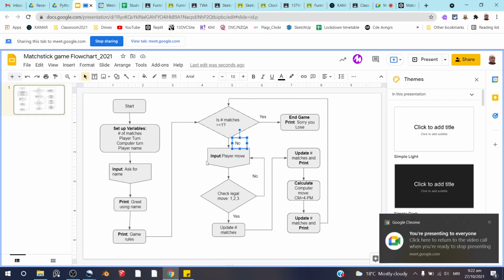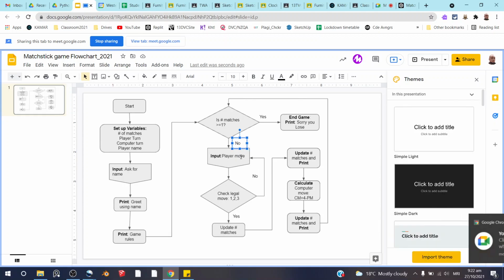We're going to go to this input the player move, right? We're going to ask for an input from them, and then we're going to check to see if the move is legal. If it is, then we're going to keep going. If it's not, we're going to kick them back and get them to create another input, right? So we're going to keep them in this loop until the answer to is this move either 1, 2, or 3 is yes, right? So we're going to update the number of matches, and then we're going to go over here